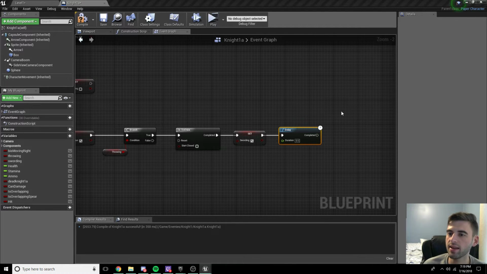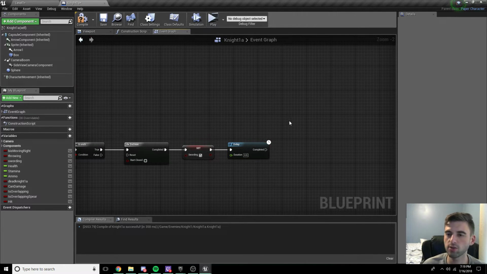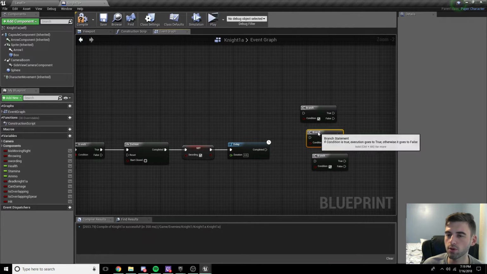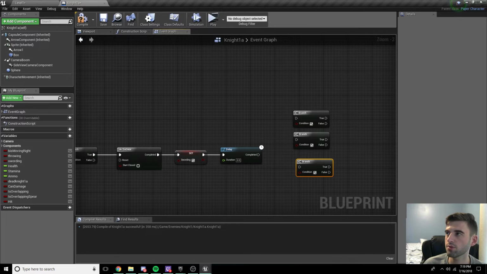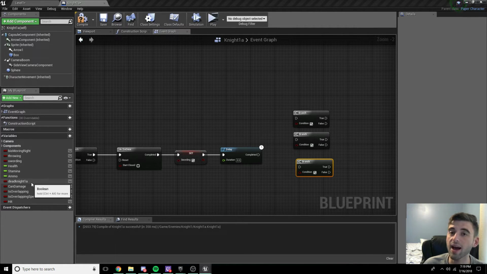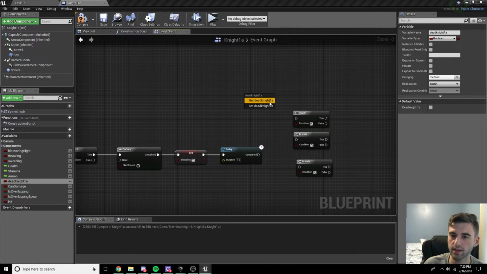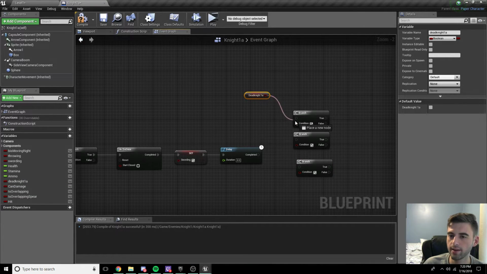So we're going to need to set in a series of branches. You're going to want to drop in 3 branches. 1, 2, 3. On these branches, we're going to check different variables. What we want to do first is make sure that the player is not dead, or the AI is not dead. So we're going to check the character dead knight A, get dead knight A, and plug it into this first